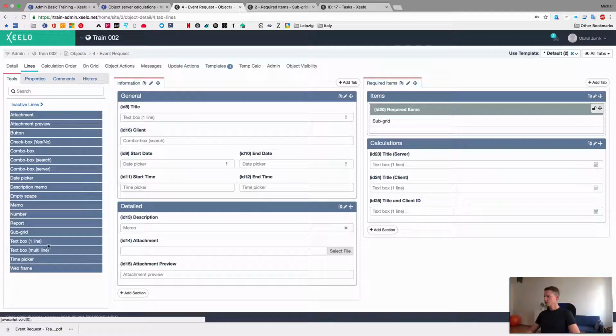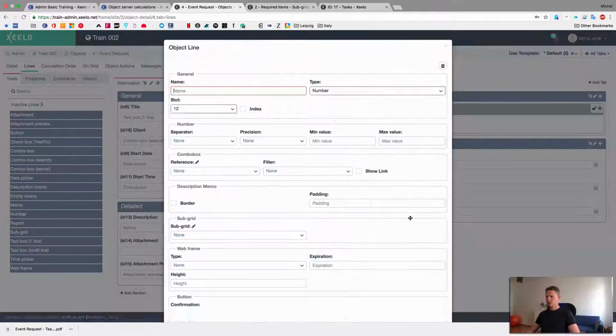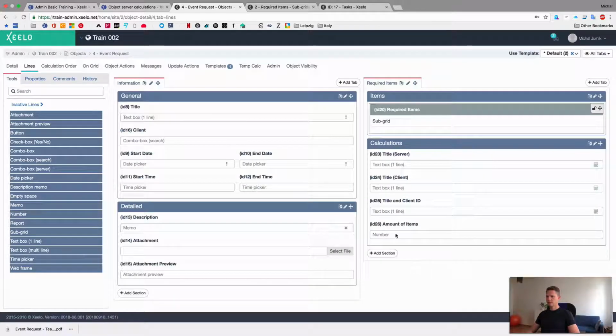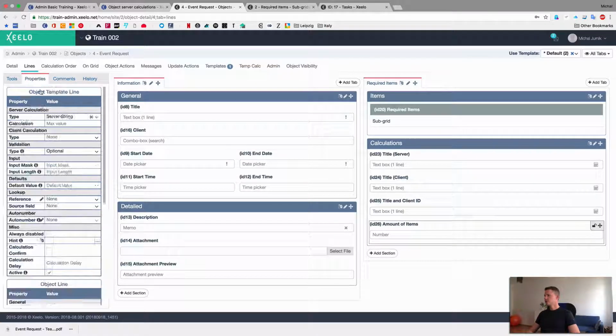Let's add a new object line underneath and add amount of items, object line, and its number. And here we would like to calculate how many items we have in our subgrid. So we need to add a new template line,